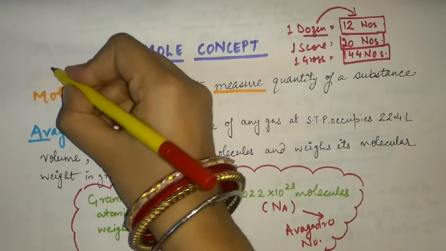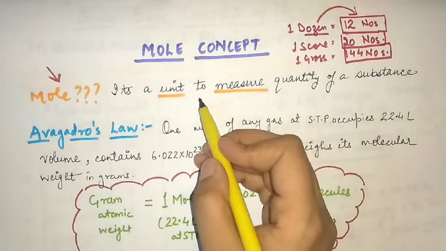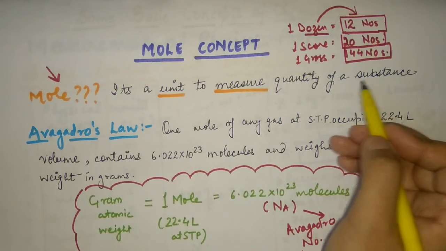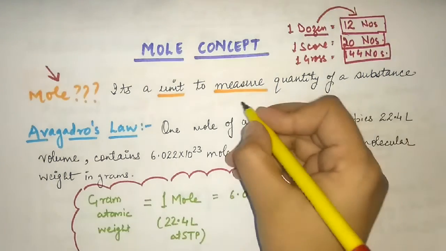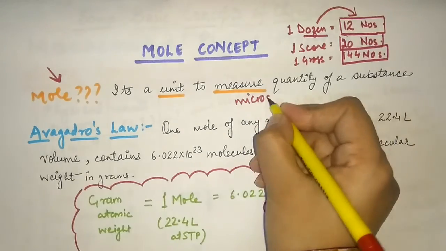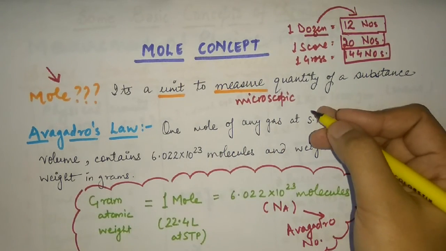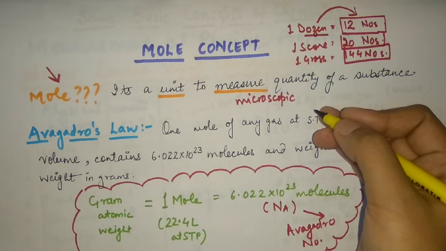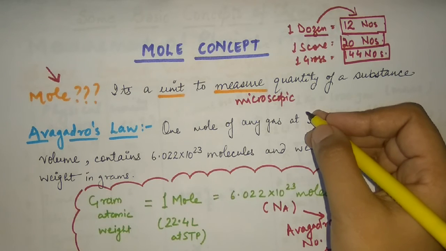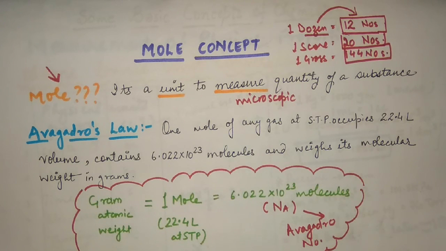So mole is basically the unit to measure the quantity of a substance, and that substance should be of the microscopic level. Obviously, have you heard about mole being used to calculate bananas or apples or oranges? No. So mole is basically used to measure the quantity of the substance in the microscopic scale. For example, if you have to calculate the amount of atoms present in a specific sample, then we use the quantity mole. Now there was a scientist, Avogadro.